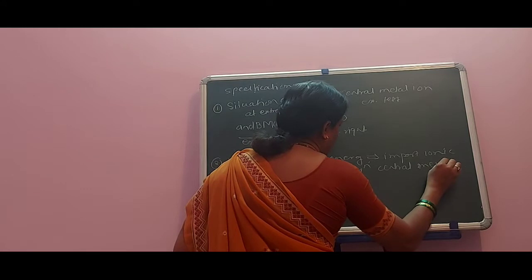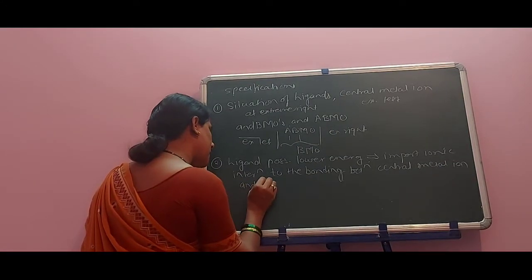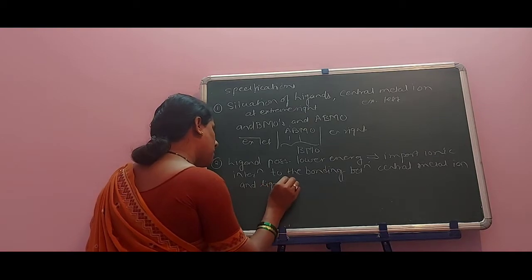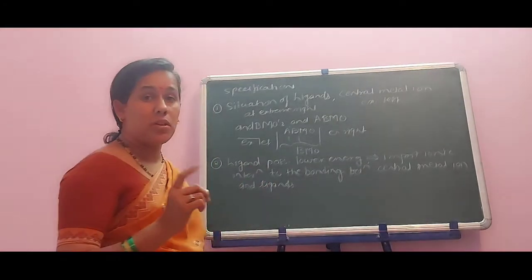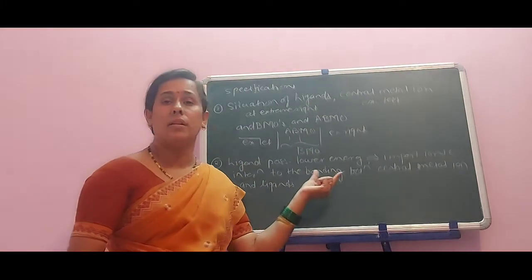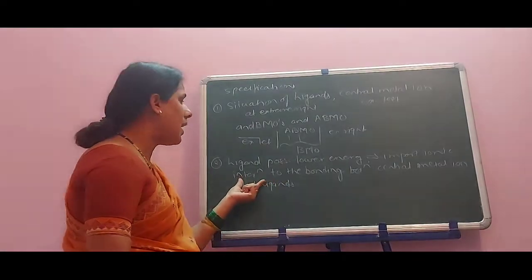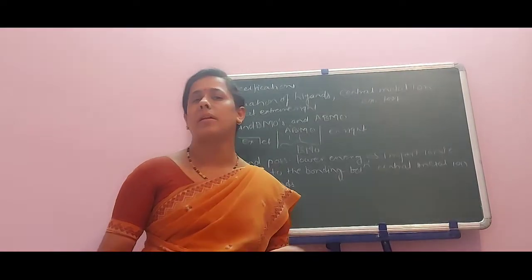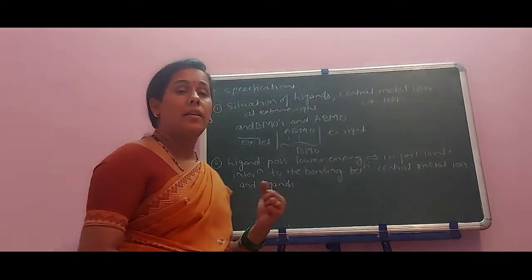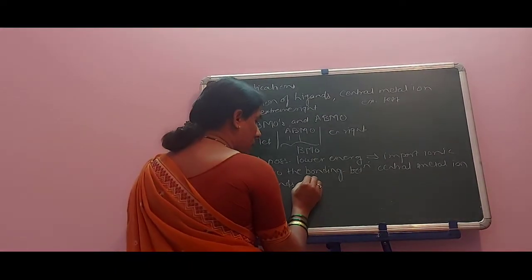This point is very important for you. As the ligands possess lower energy, they impart ionic interaction to the bonding between the central metal ion and the ligands, in which they cause electronic transitions